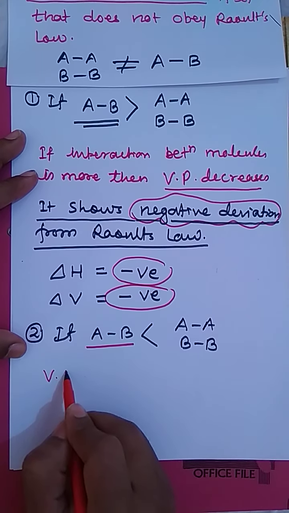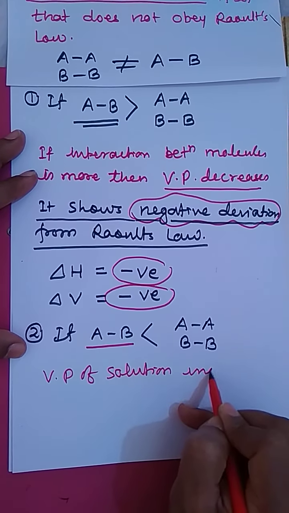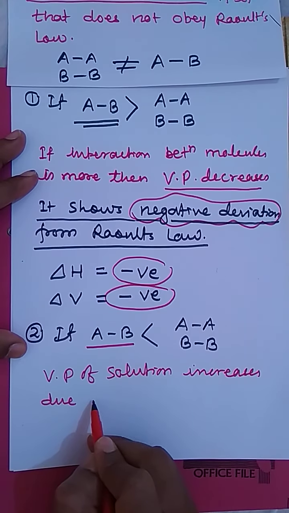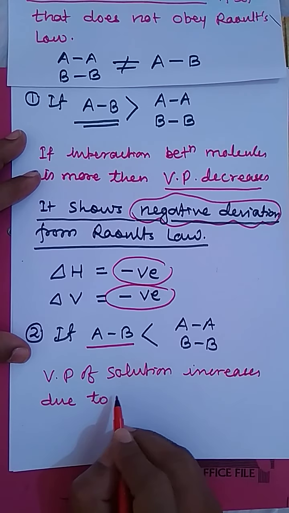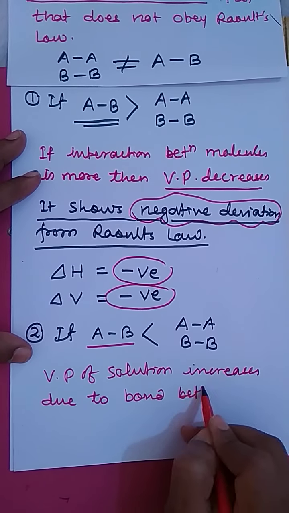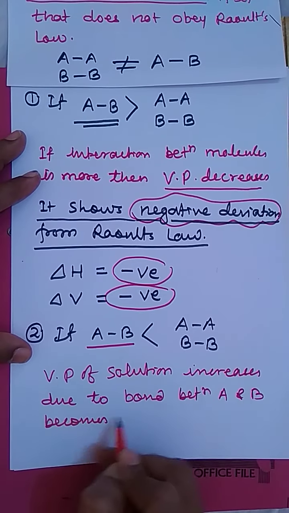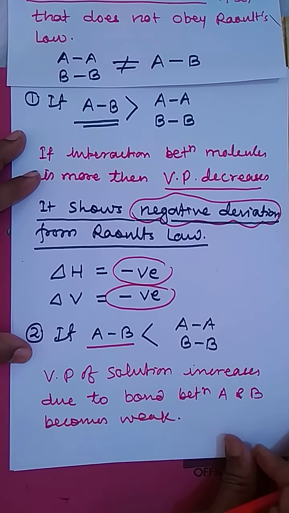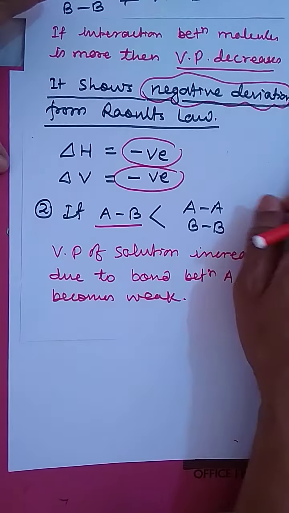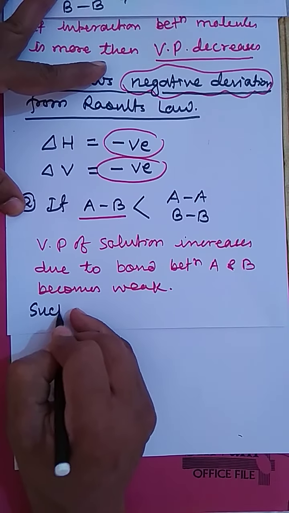That means vapor pressure of solution increases due to bond between A and B becoming weak, right? So it gives positive deviation. So such type of solution, such